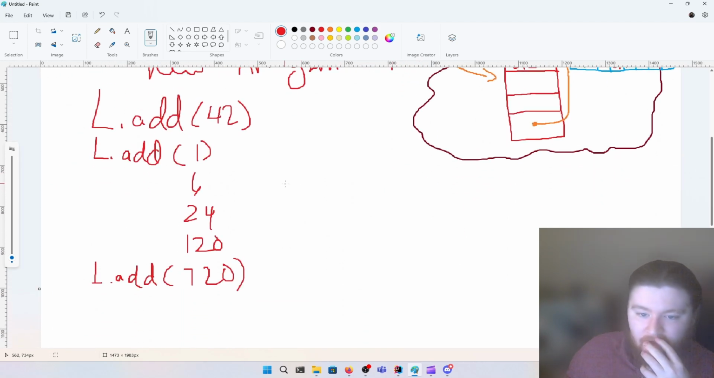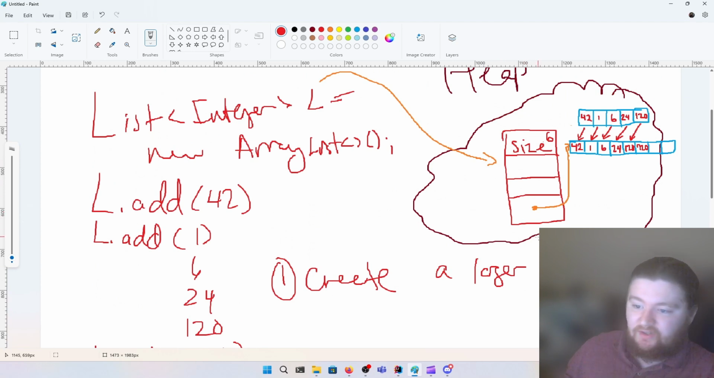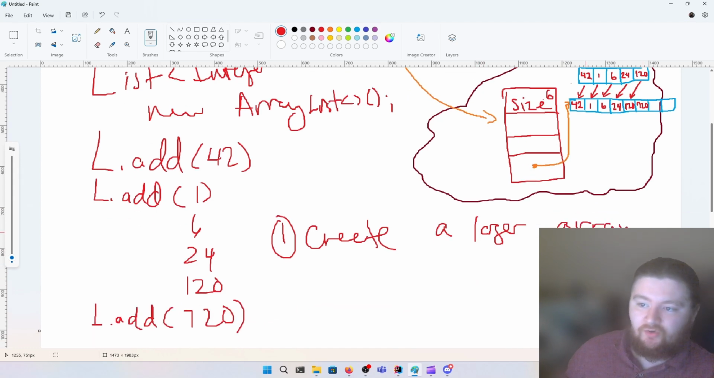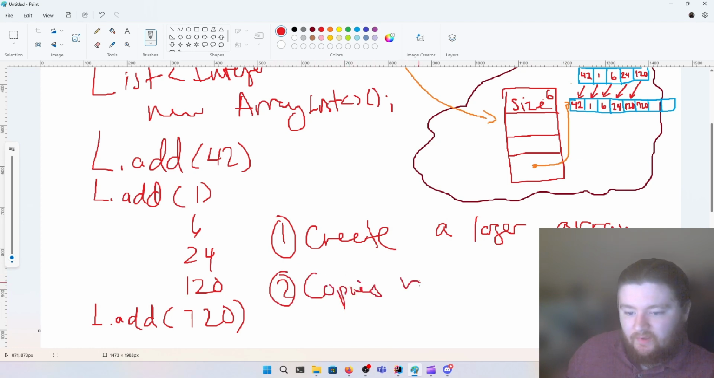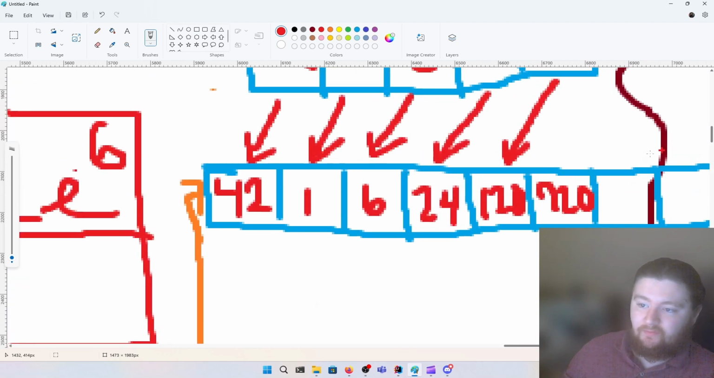There are three steps in how the ArrayList data structure handles this resizing problem. Under the hood, it first creates a larger array, larger than the existing array. The second thing it does is copy values from the old array to the new array. Okay, and that can be done with just a simple for loop,